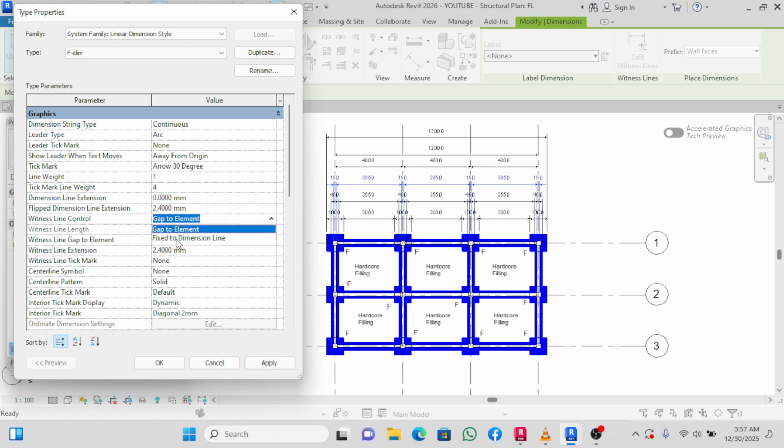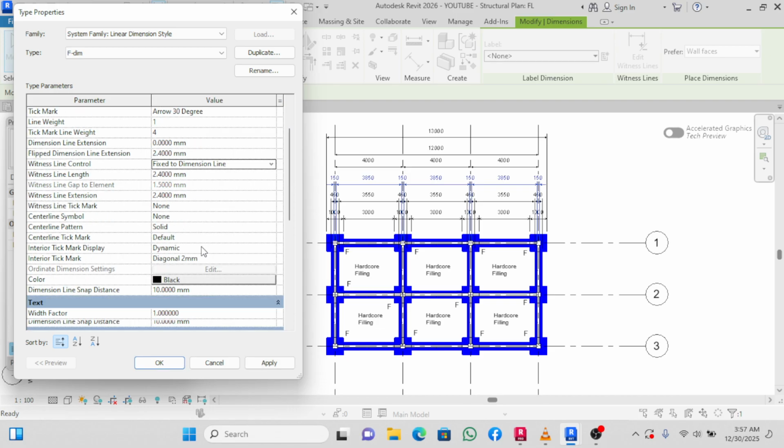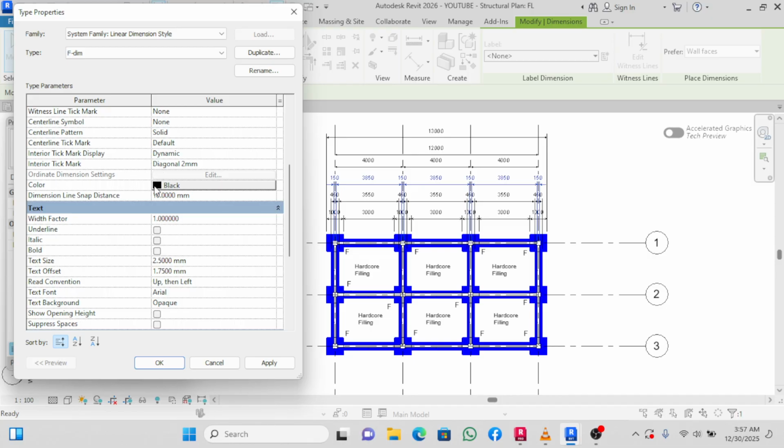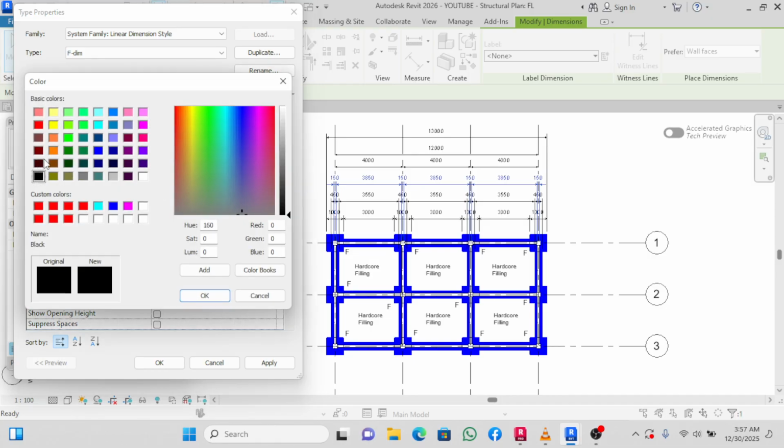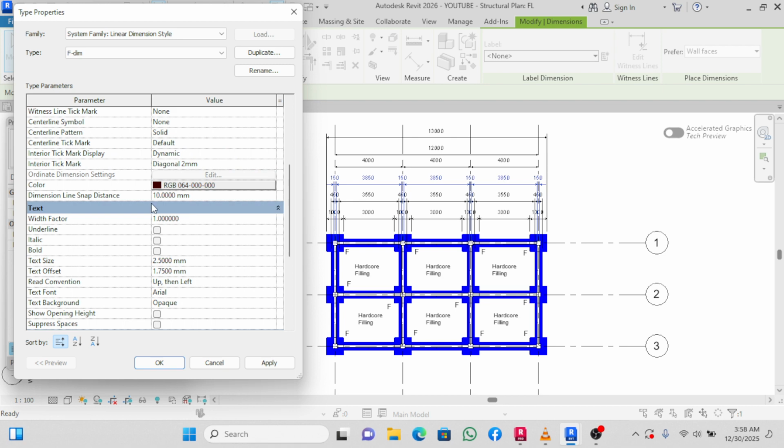No, you say fix to dimension line, and you go down. The color you can change it. I normally want it like this or like this one. Click OK, and you make it bold and make this one 3 or 3.5,